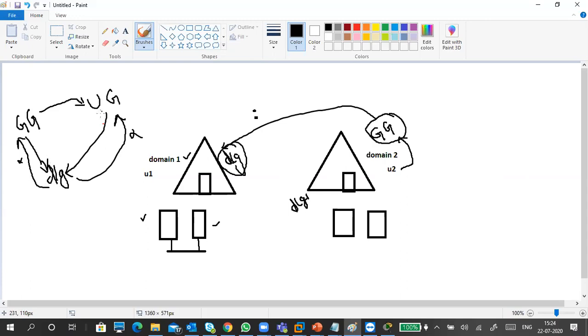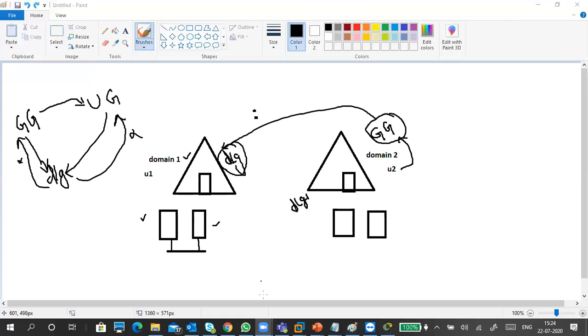And vice versa, universal group can be a member of domain local group only. It's not reverse order, no reverse order. So universal group can be a member of domain local group and universal groups. You can check it once and put it diagram-wise, and you will understand what is going on.